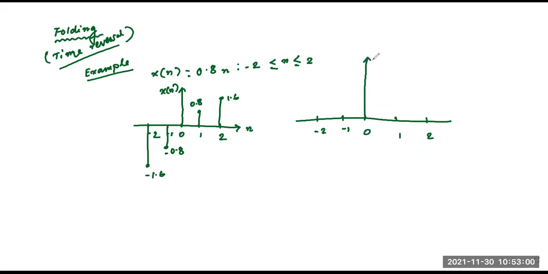So this is the 0th position. Let us name it X shell. The right hand side will go to the left hand side, and the left hand side will go to the right hand side from 0. So this has a value of 1. At 1, it has a value of 0.8. At 2, it has a value of 1.6. So at -1, the value will be, as I told, right hand side to left hand side, so 1 minus 1, and the value will be 0.8.